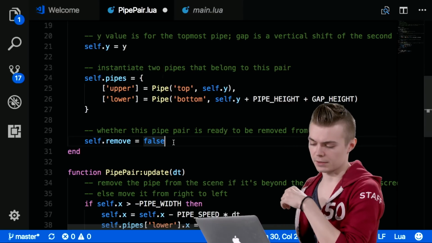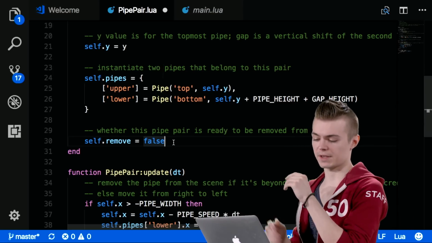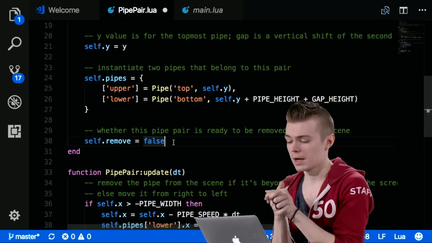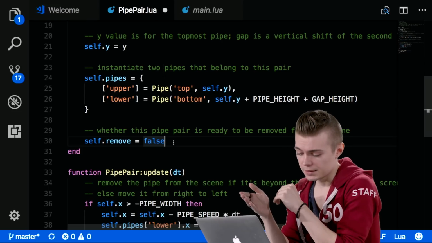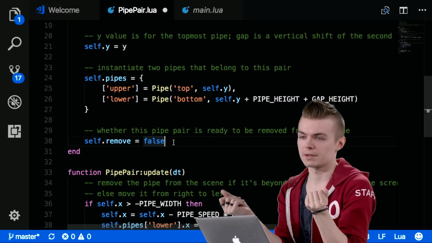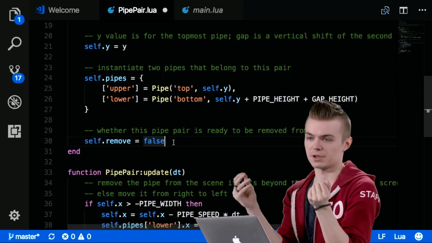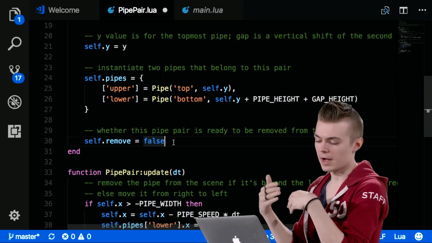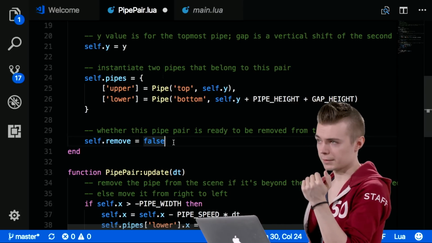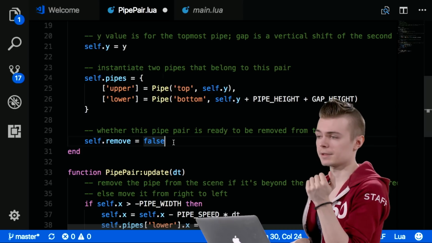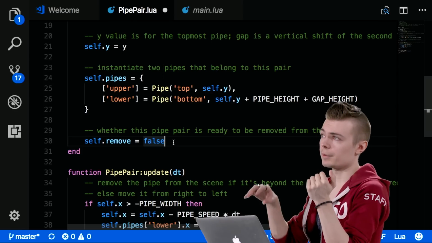And I'll show you this in detail shortly. But basically, on line 30, we're setting a flag called remove to false. And what this is going to do is, before we were just destroying the objects. Whenever it got past the edge of the screen, we just destroyed it. But if we're iterating over a table of values, let's say a table of pipe pairs, when you do a